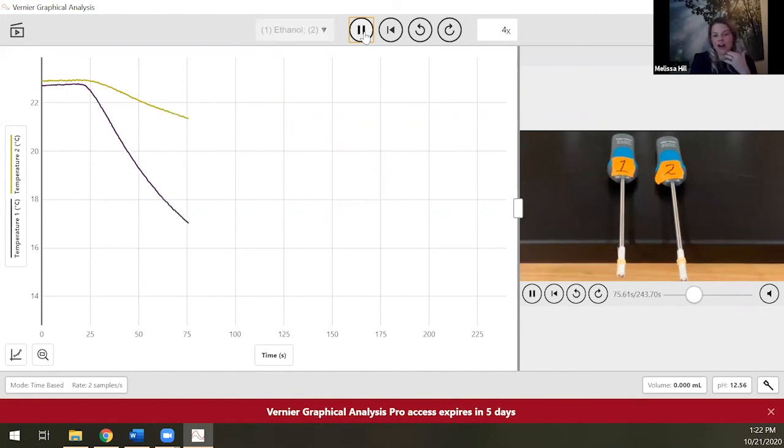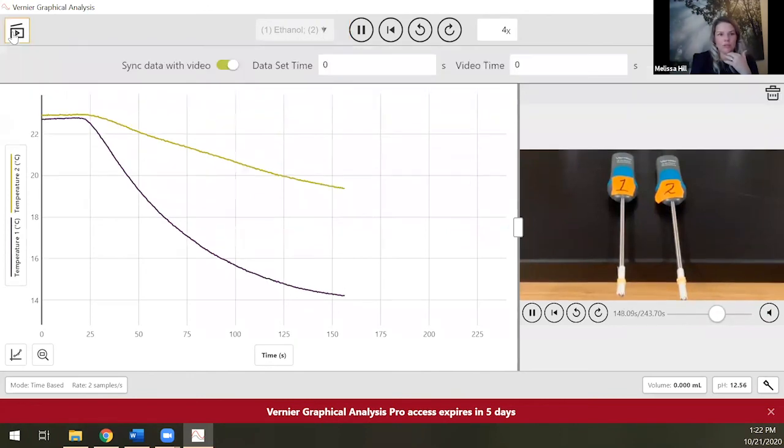And it reminds people a lot, if you ever did this type of data or video analysis in Logger Pro, it's trying to get back to that. If you want to upload your own video and do your own syncing, you can do that as well in GA Pro. And you would do that all in the same kind of window. You can open up the little camera thing and say, I want to sync data with video, and my data set time is this, and my video time is this. In this case, it started at time 0, so it wasn't quite as interesting, but